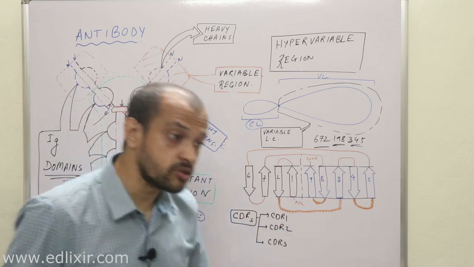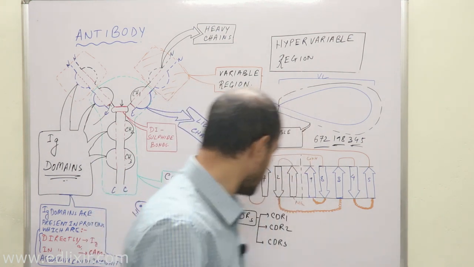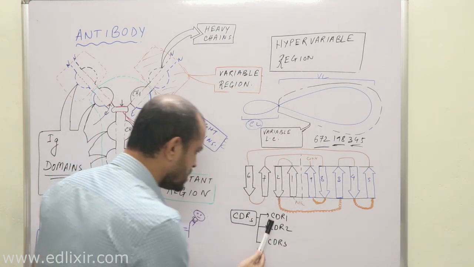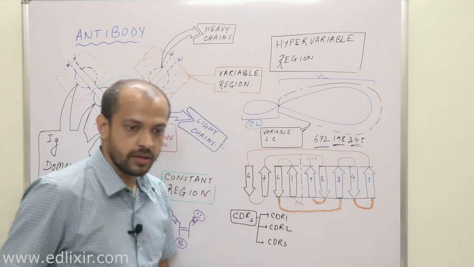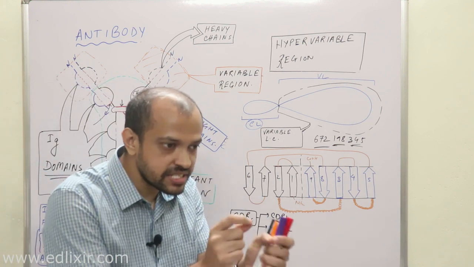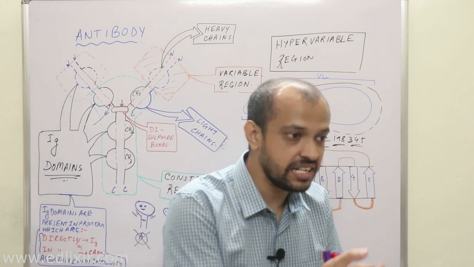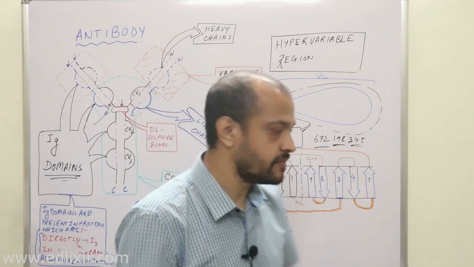Now another very important point I would like to add is that CDRs are not only present in your antibodies, they are also present in your TCR or T cell receptor. Clear? Okay, we'll talk about this in detail, don't worry. So there are 3 types of CDRs. Now listen with all your attention. Scientists say that changes in the amino acid sequence of CDRs actually help the antibody to identify exactly the shape of antigens. Clear?